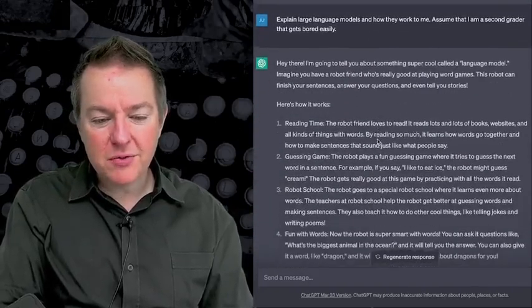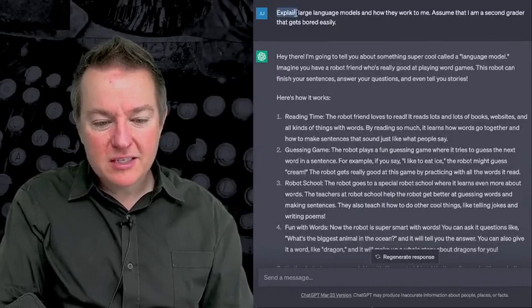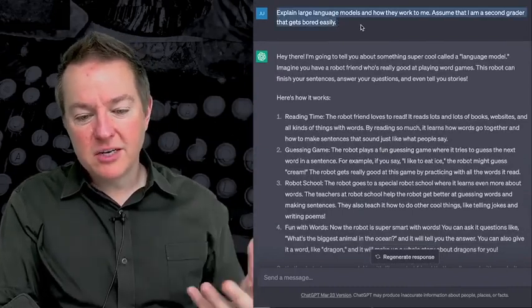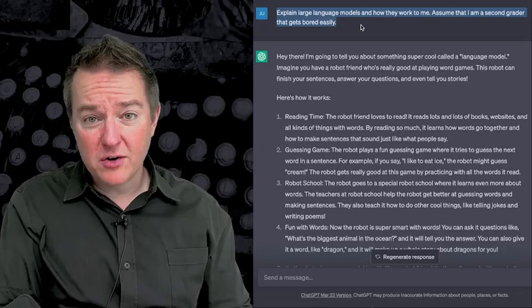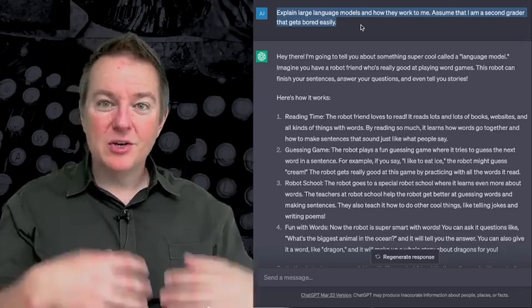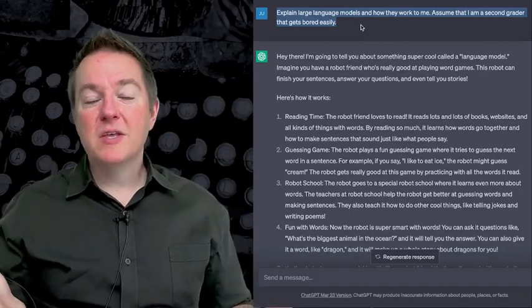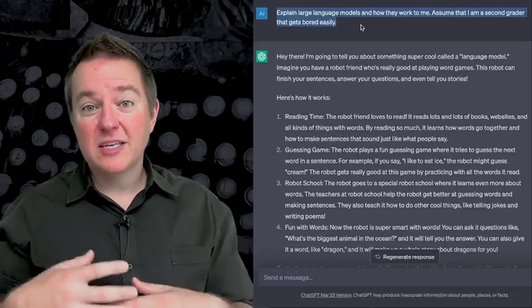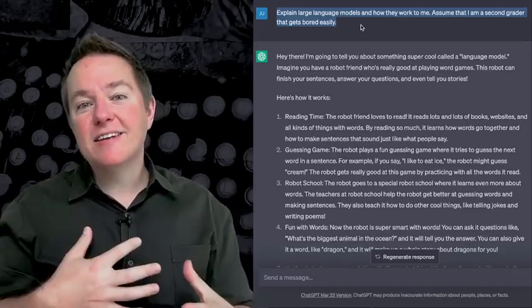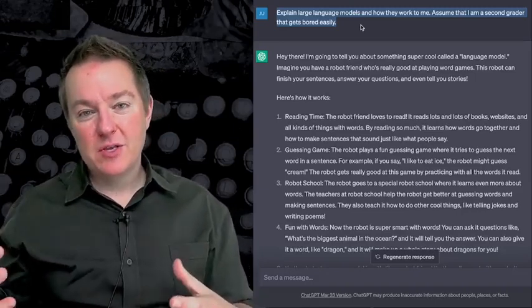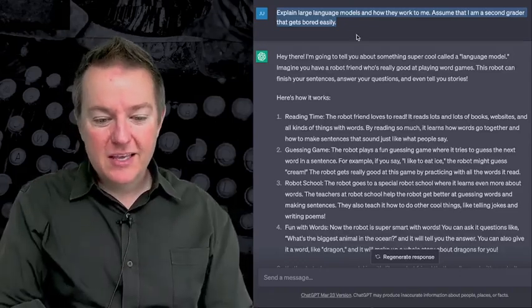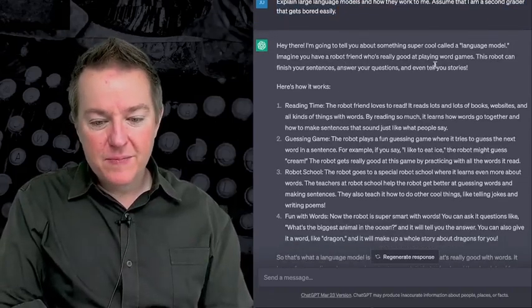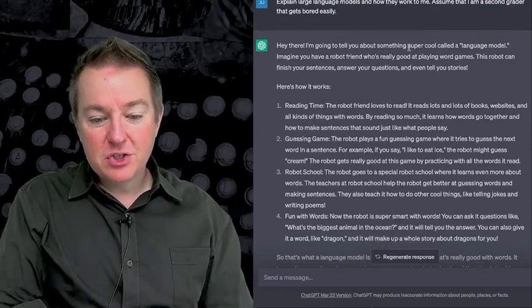So now let's look at a third example. We say, explain large language models and how they work to me. Assume that I'm a second grader that gets bored easily. And so again, we're giving it a totally new persona, and we're also refining this persona. We're saying I'm a second grader, and here are some additional details about me. I get bored easily. And so now it goes and says, okay, I'm going to tell you something super cool